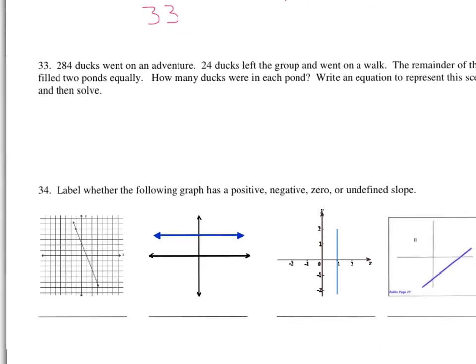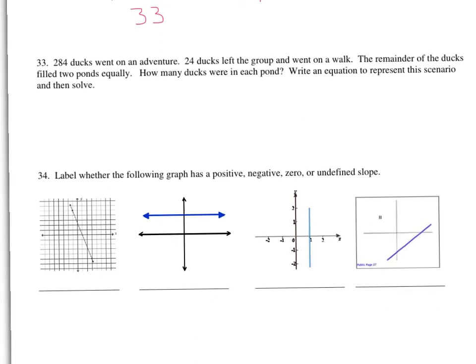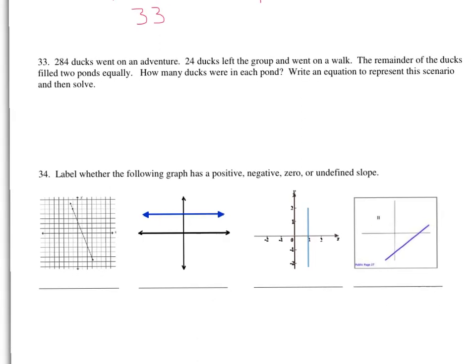284 ducks went on an adventure. 24 ducks left the group and went on a walk. The remainder of the ducks filled 2 ponds equally. How many ducks were in each pond? Write an equation to represent this scenario. Okay, so